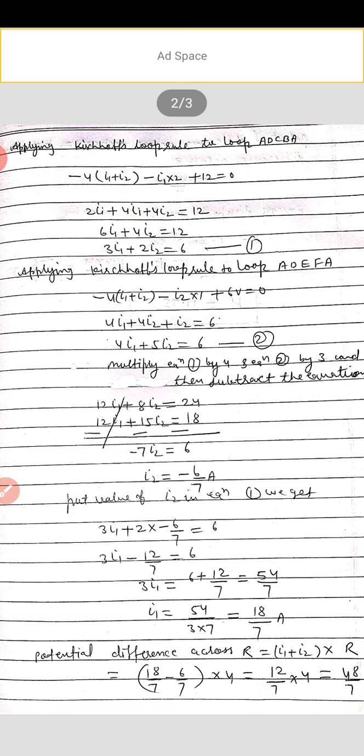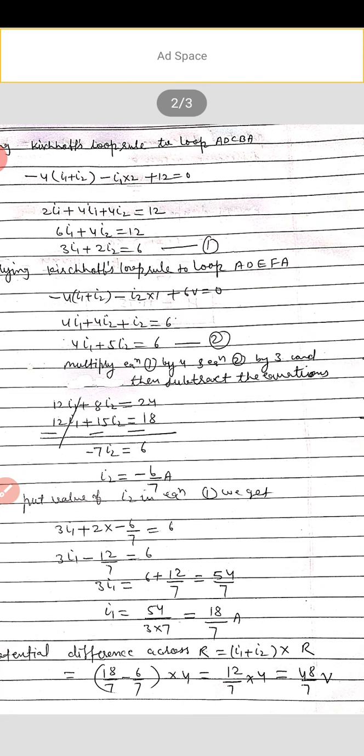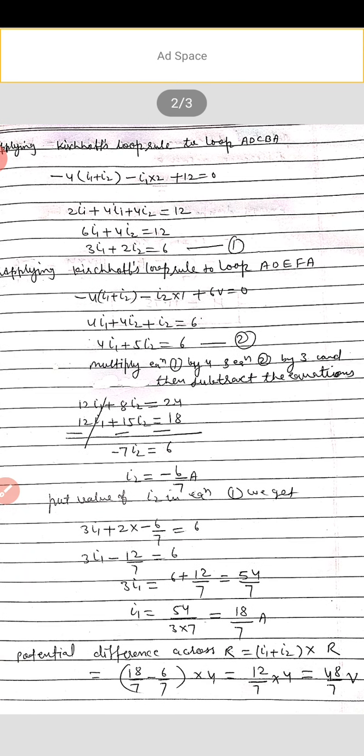If we solve it, we get 4I1 plus 4I2 plus I2 is equal to 6. On simplifying, we get 4I1 plus 5I2 is equal to 6. This is the second equation. Now, for finding the currents I1 and I2,